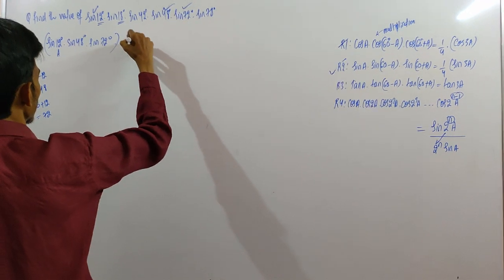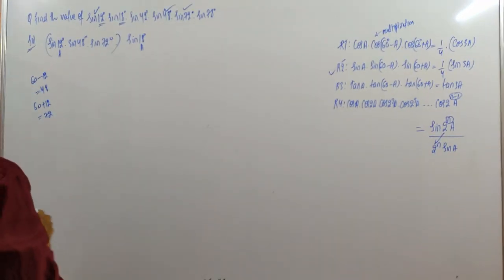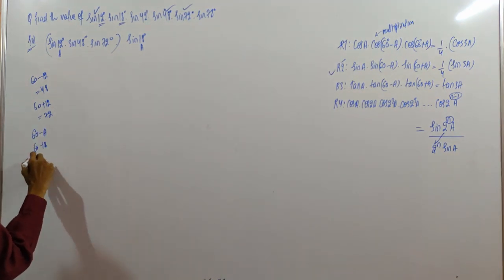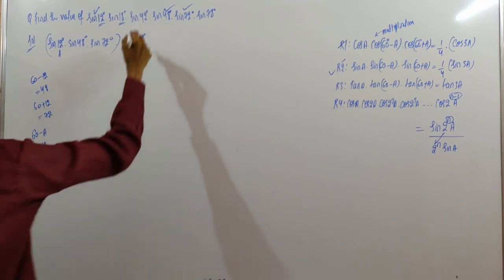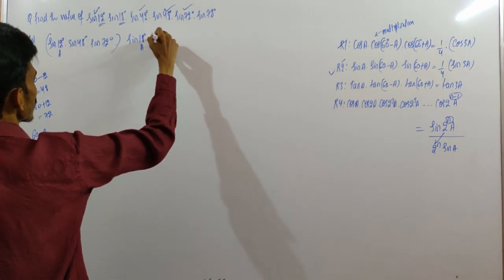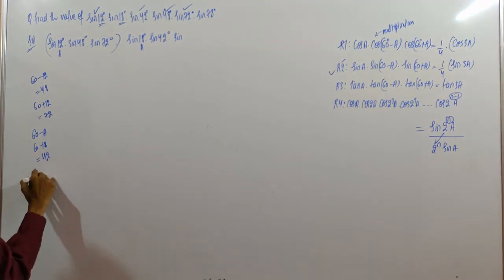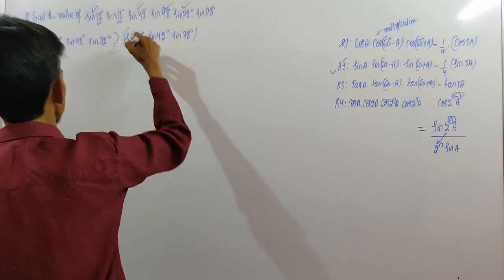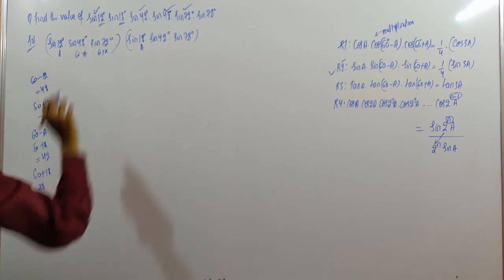Now with this we will get one more series with sine 18. Let us take it as sine A. Again we want 60 minus A. A value is 18, so 60 minus 18 value is 42. So we have here sine 42 degree. Similarly we have 60 plus A, so 60 plus 18 value is 78. Here we have sine 78. We got these two series, 60 minus A and 60 plus A.